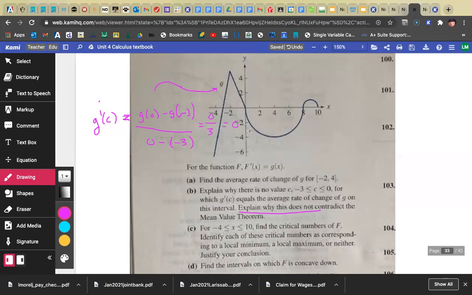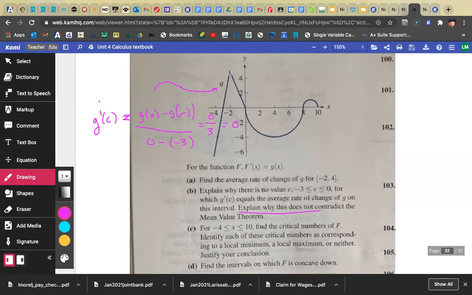Okay. But when I'm looking at that, I can see that the average rate of change is 0. That means there has to be an instantaneous rate of change, or the slope of a tangent line would have to be equal to 0 on the interval from negative 3 to 0. The only place where that could possibly happen, because this is a line,